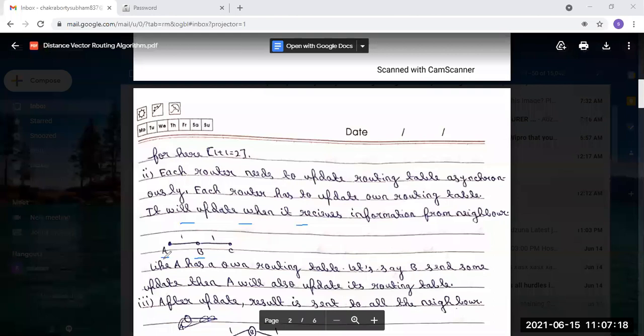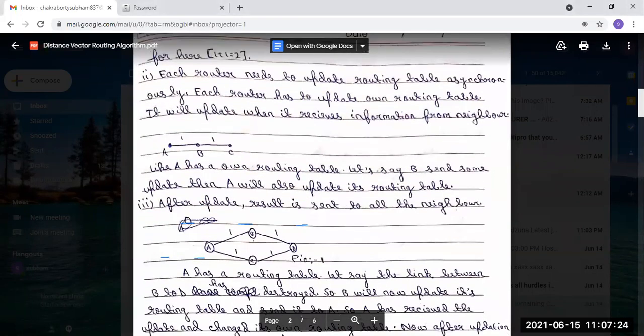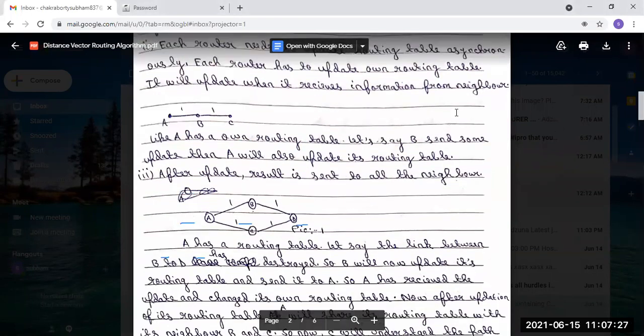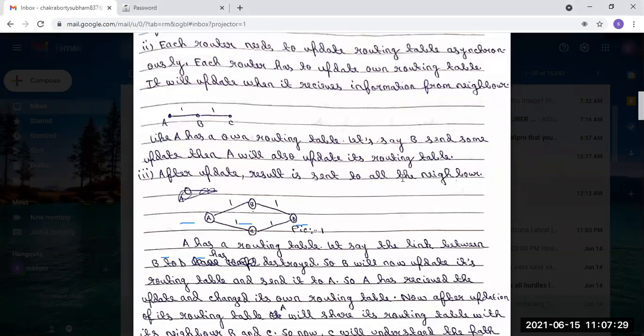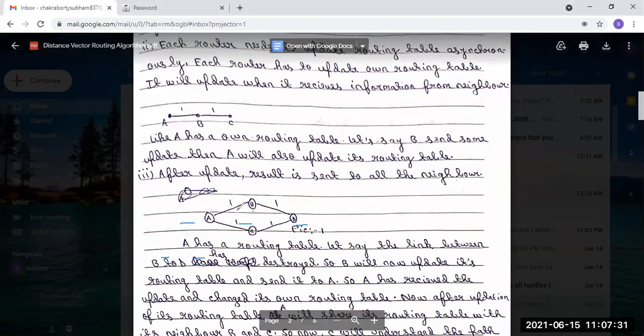Now, after updating, the result is sent to all the neighbors. Let's say this is our total graph, or the network present.